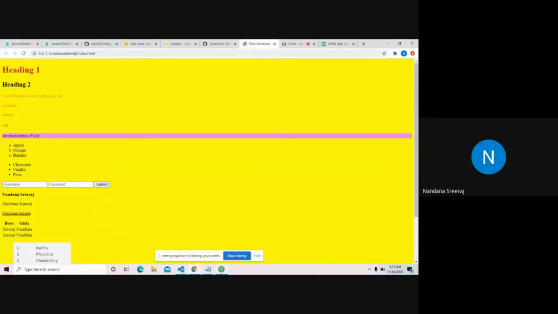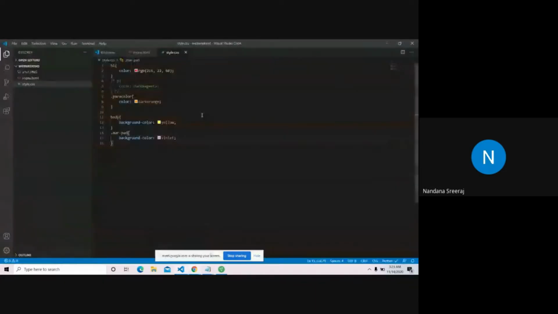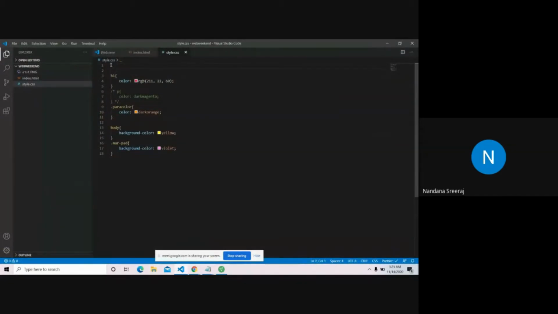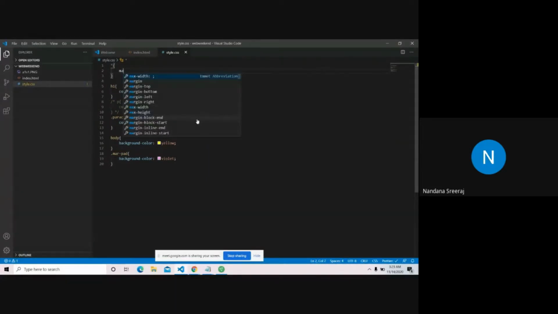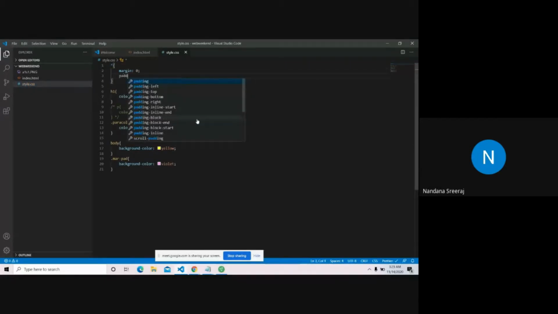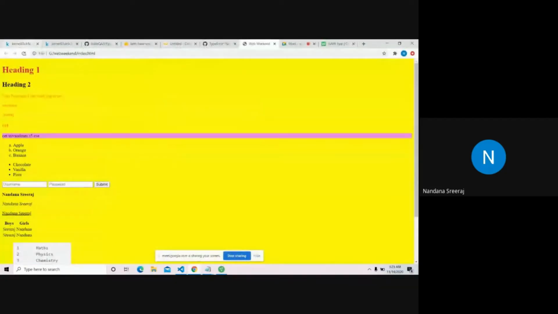By default, HTML and CSS give us a margin and padding. If we are not using any CSS, to make it look good, they give us some margin and padding by default. We'll just make it 0. Margin, padding, 0. First, let's see the change.